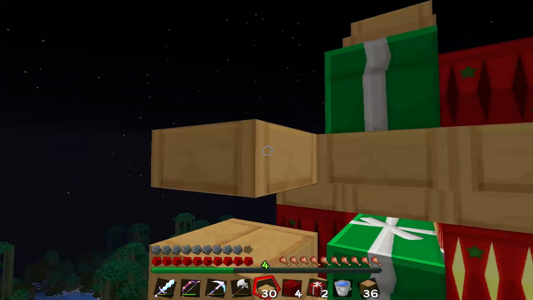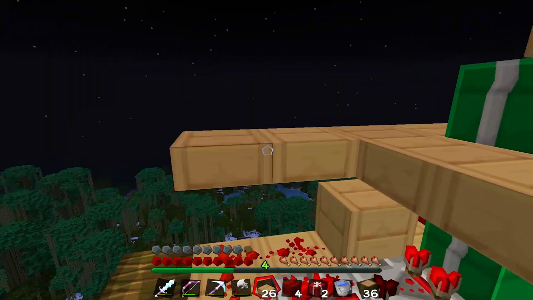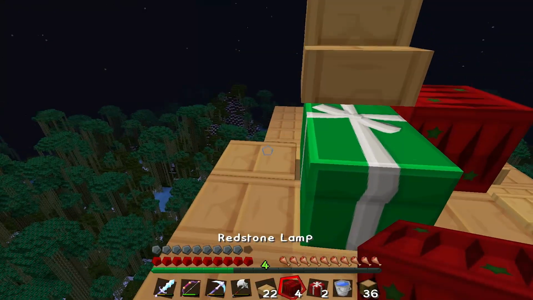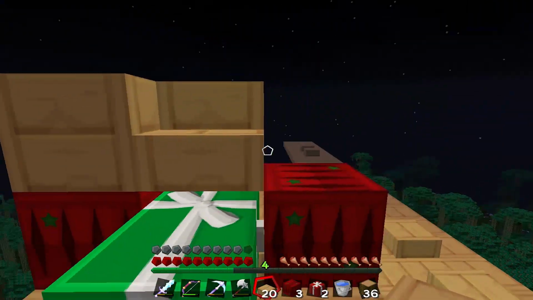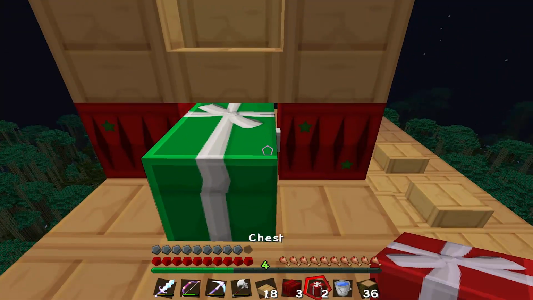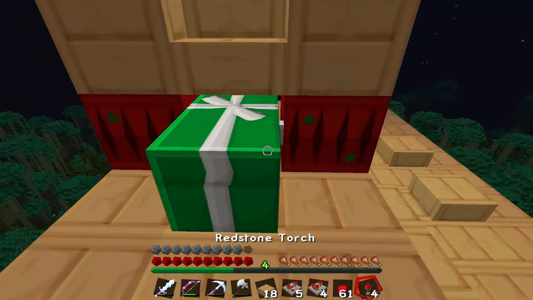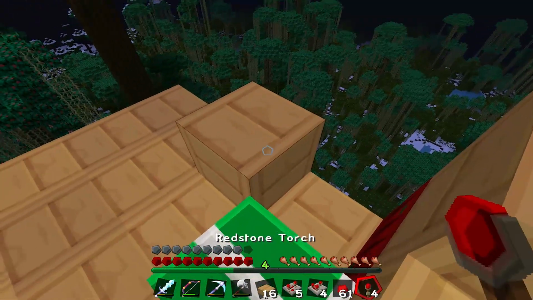Alright, so then we're going to do it like this. And I'm basically just going to repeat the same thing. Let's put another lamp here, a couple of slabs. And then I'm going to need this and you. Okay. So plank, torch,